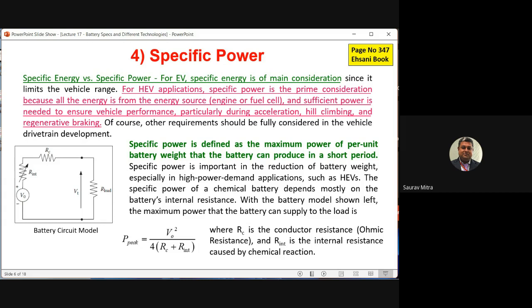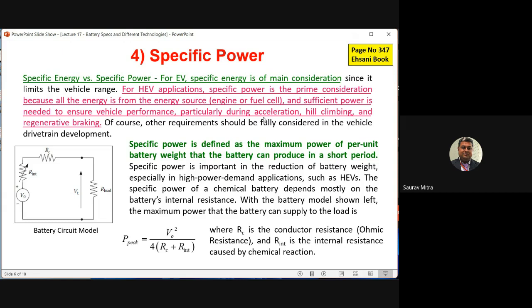RC is nothing but the conductor resistance. So this battery is connected to the load by means of many different wires, so the total resistance RC value is very small. And R load is nothing but the motor, because your EV actually is run by a motor, and that motor is the load. And if I'm saying it's a DC series motor, in that case the armature resistance plus field resistance together will be equal to R load. If it is a shunt motor, the calculation will be different, but generally a DC series motor is used in EV for less than 2 kilowatt hour power. Okay, so that is what it is.